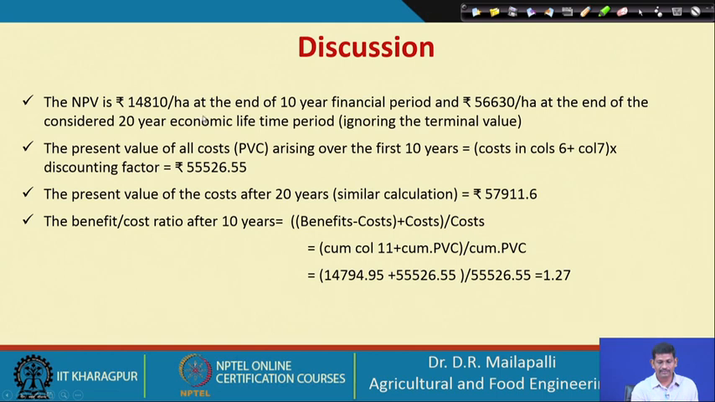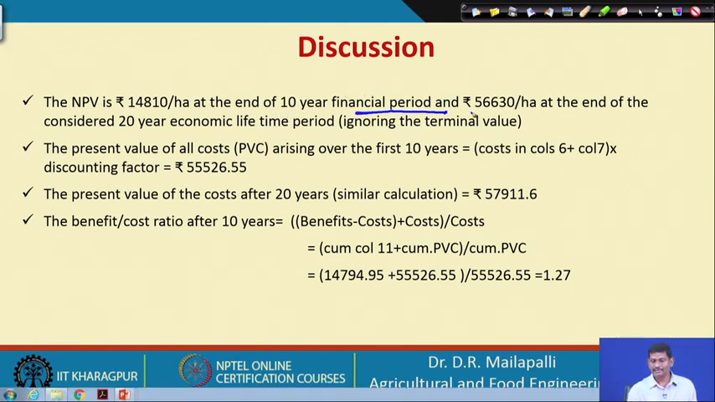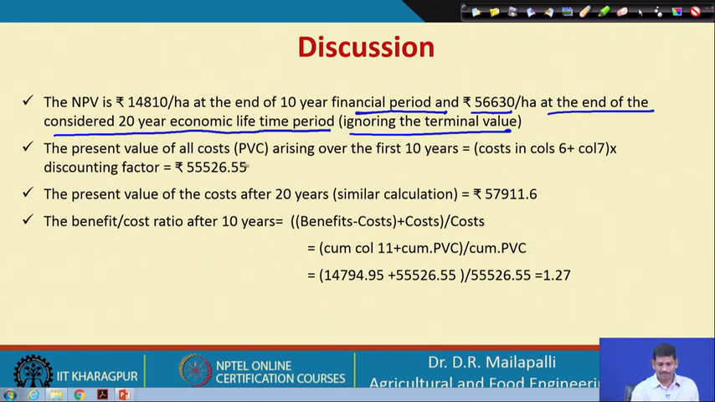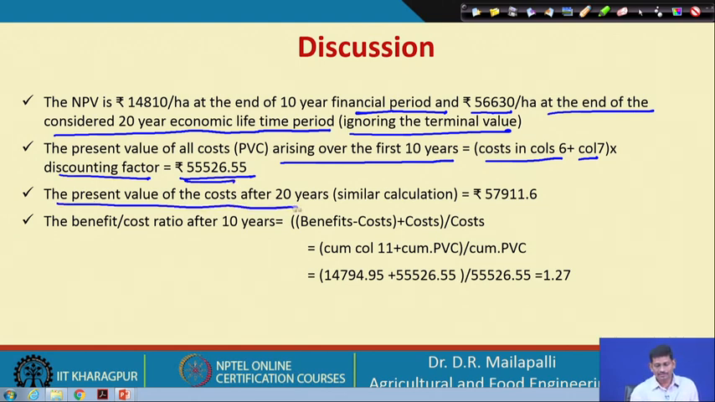So, NPV is 14,810 per hectare at the end of the 10-year financial period, and 56,630 per hectare at the end of the considered 20-year economic lifetime period. If you ignore the terminal value, the present value of all costs, PVC, arising over the first 10 years, that is cost in column number 6 plus column number 7 into the discounting factor, will be this much. This is the present value of the cost, and similarly the present value of the cost after 20 years you get